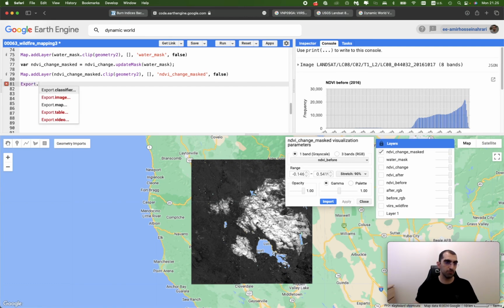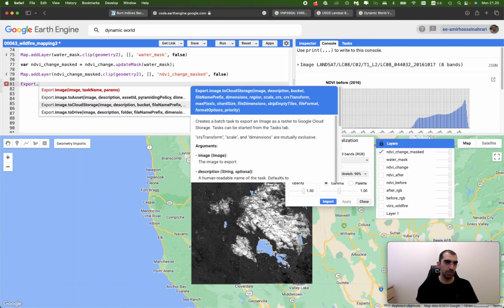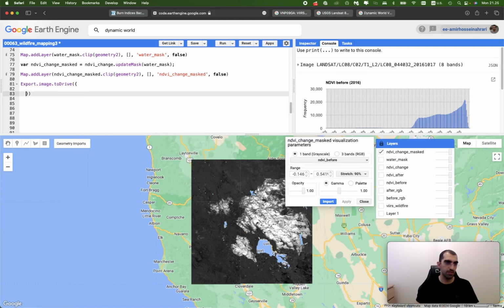Just use Export.image.toDrive. The input argument is the input image, that is NDVI change masked, and remember to clip it based on the region of interest, and the description is the name of the output,